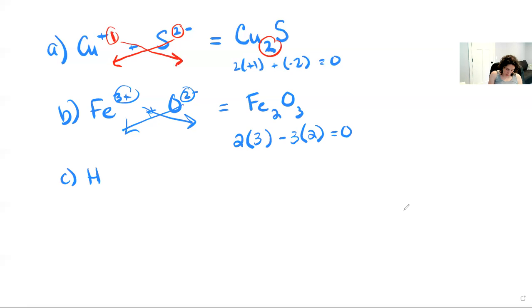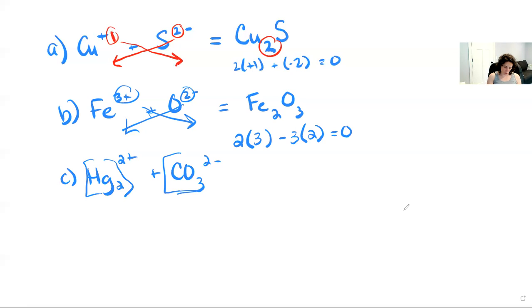Okay, yet another. This one is going to throw a little wrench into the works. We have Hg2, 2 plus, and CO3, 2 minus. So these are both molecules. They actually have more than one thing combined. This is called mercury 1 when there's 2 mercuries and it makes 2 plus. This is something called a polyatomic ion. It's called carbonate. But all you really need to know is that this is acting as a whole unit and